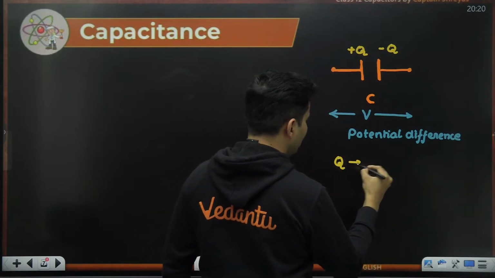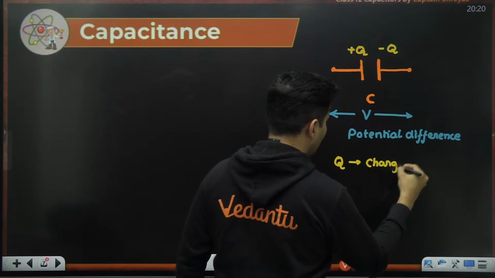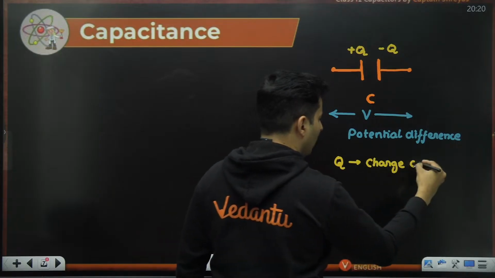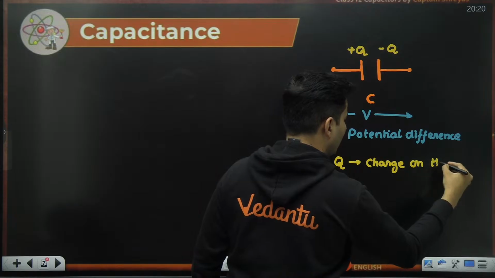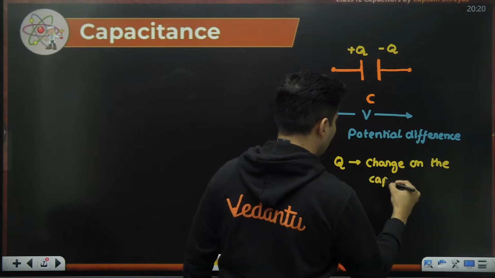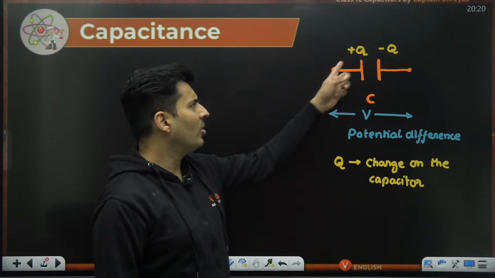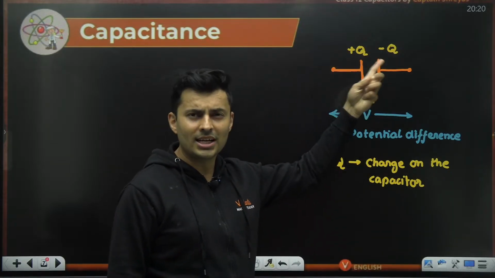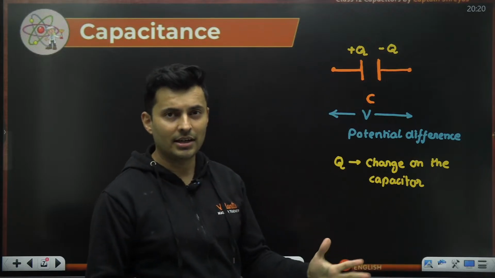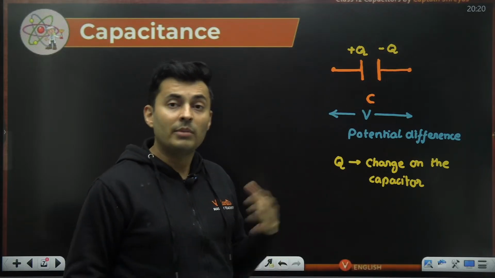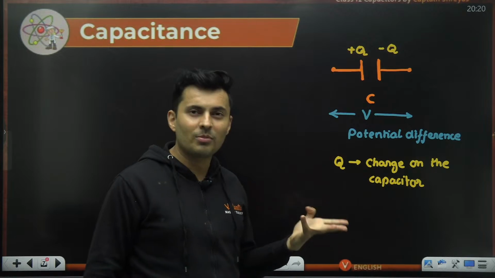Q happens to be the charge on the capacitor. Somebody might argue, sir, there is positive and negative, so won't the total charge be zero? 100% correct. The total charge is zero, but when somebody asks you what is the charge on a capacitor, then